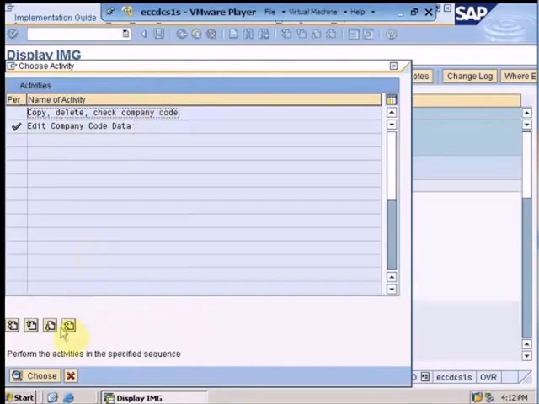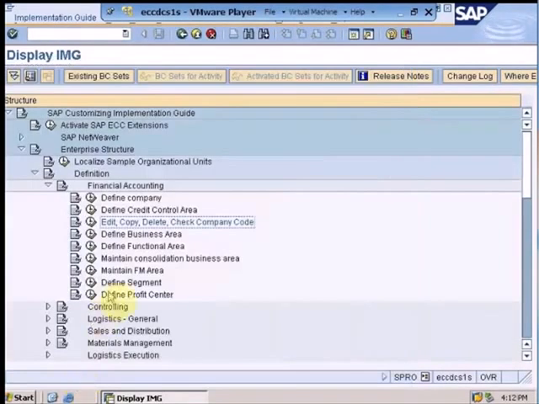Now our second exercise in AC02 has been mentioned with the name of business area, since business area has become obsolete and has been replaced by another object with the name of segment. So instead of business area, we will first understand the concept of segment and we will learn how to create